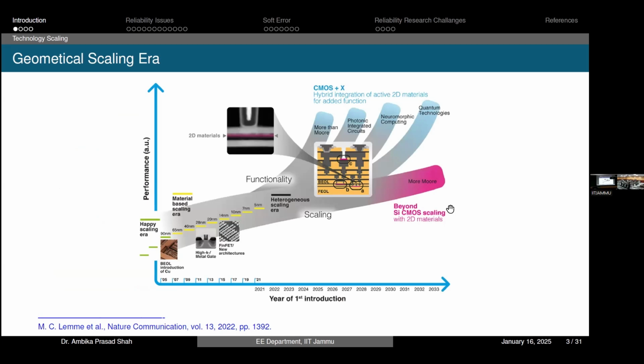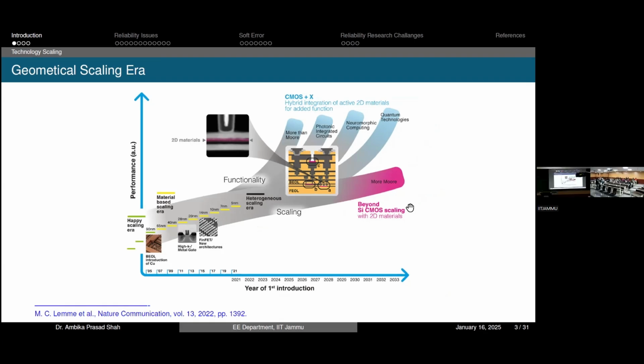With the basic thing, this is a really very important diagram. This is a very recent publication, from 2022, and they summarized most of the technologies and how scaling happens, how they are different from each other, and what different verticals you can think of. Before 90 nanometer, we can call it the happy scaling era, because whatever the size of the device, you simply scaled down all the dimensions, whether length, width, or thickness, and it behaved as you expected. But